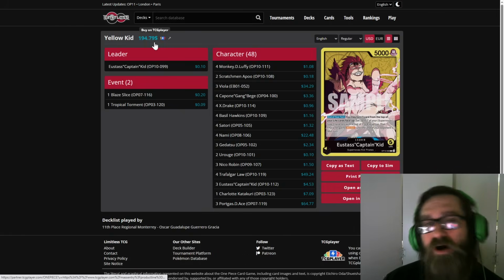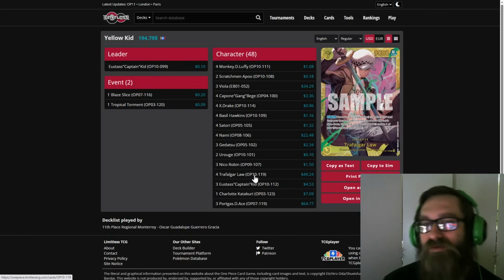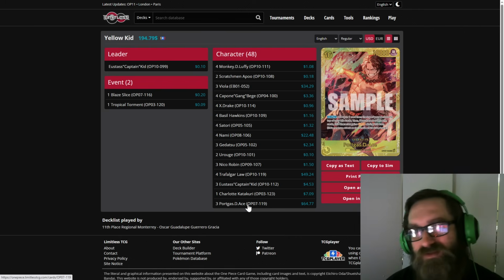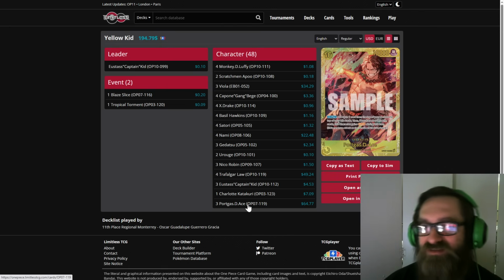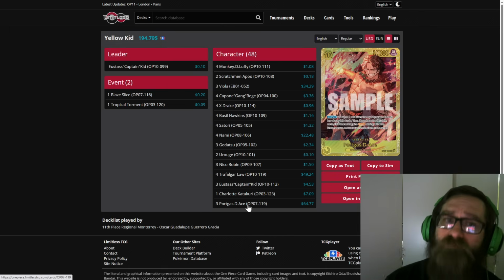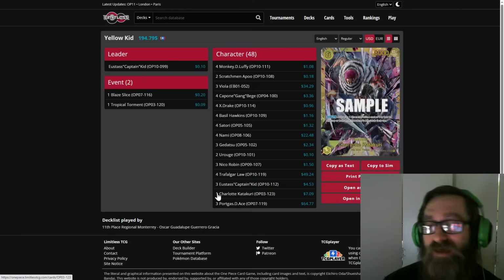Okay, under $200, the Viola, the Nami, the Trafalgar Law, the Portgas D. Ace. There's just so many secret rares in this deck, guys. That's why it's so expensive. And this is not exactly the highest performing deck in the format right now. So if you're more worried about getting as much bang for your buck as you can, the decks that